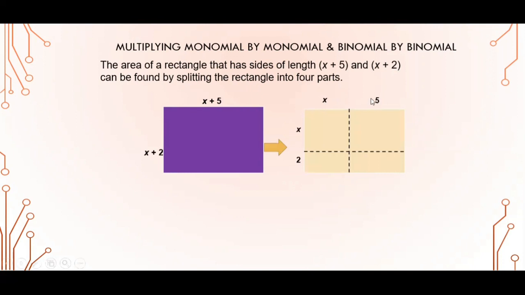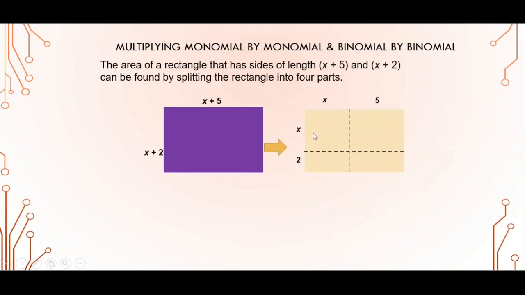So we split this rectangle into 4 parts. Here we obtain a square which has sides x and x. Now x plus 5, so we took this as x plus 5, right? So the entire length becomes x plus 5. So this we have taken as x, this part, and this part as 5. And the breadth was x plus 2. We took this as x and this is 2. So that is how we got 1 square and 3 rectangles, right?